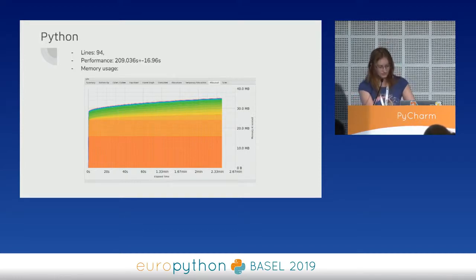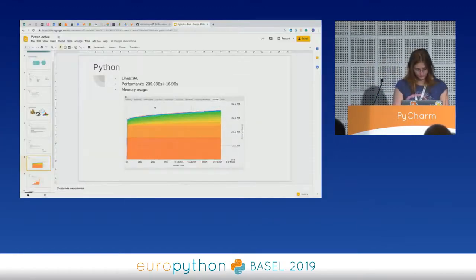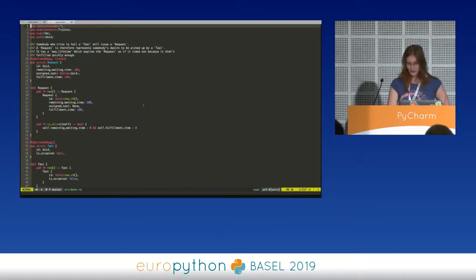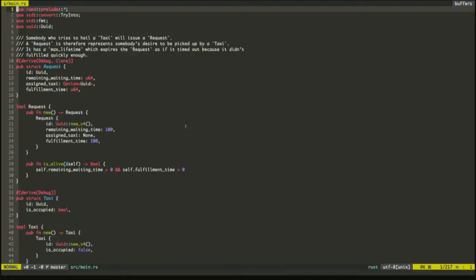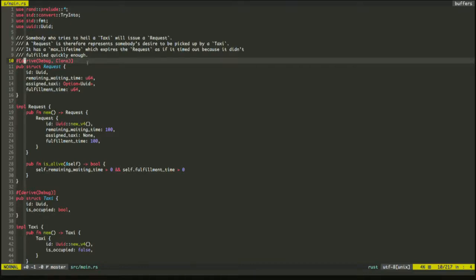Okay, so now we'll have the second contender, which is Rust. As you can see, it looks very similar. You have to use imports. This use std something is just an import to use a certain structure or function from a crate. Then you have these things called macros. You probably saw them from the previous speaker. They will give you the implementation of this functionality in your struct.